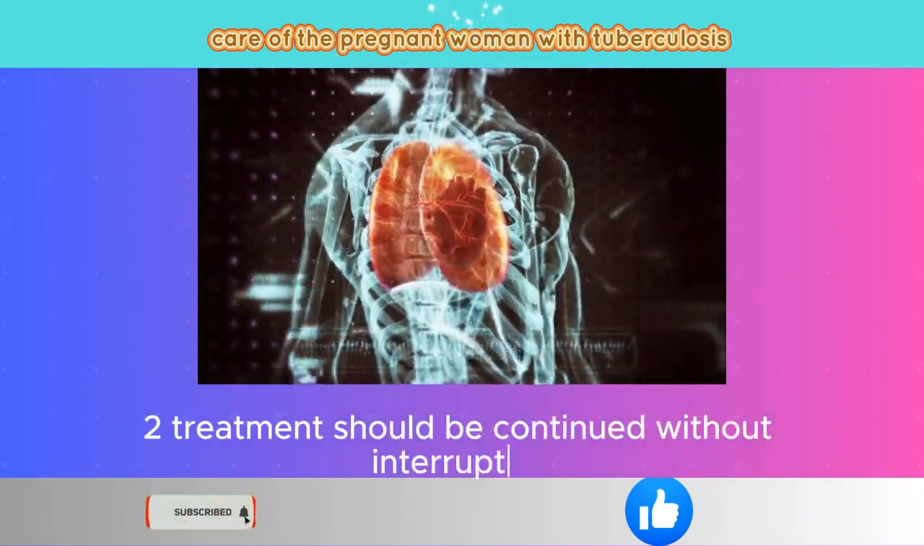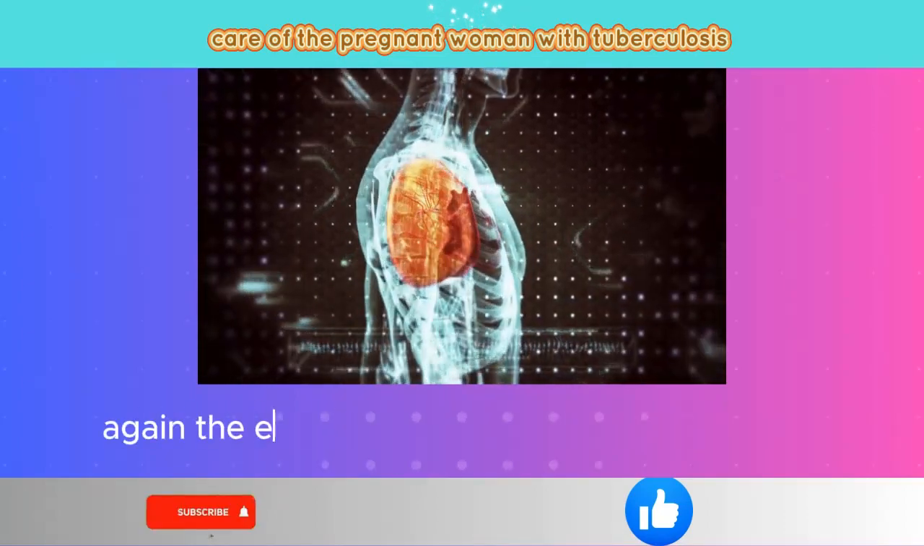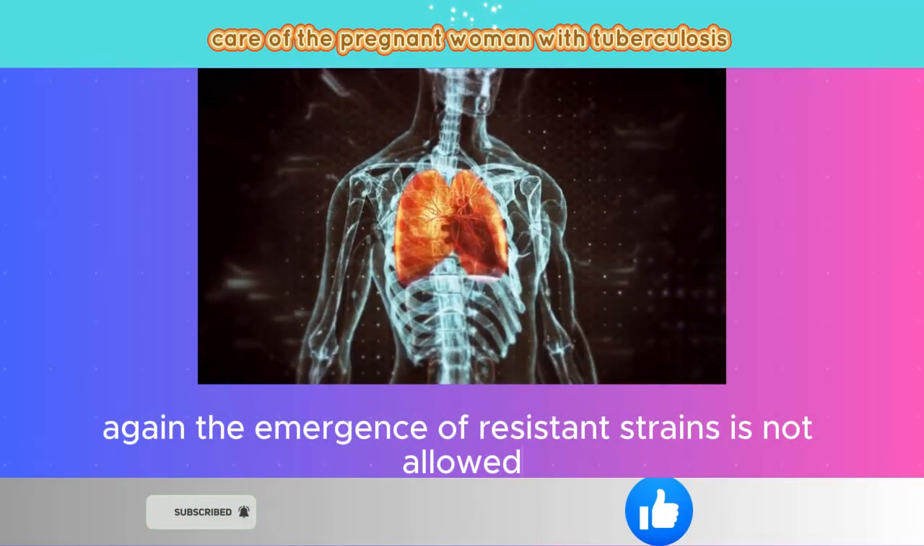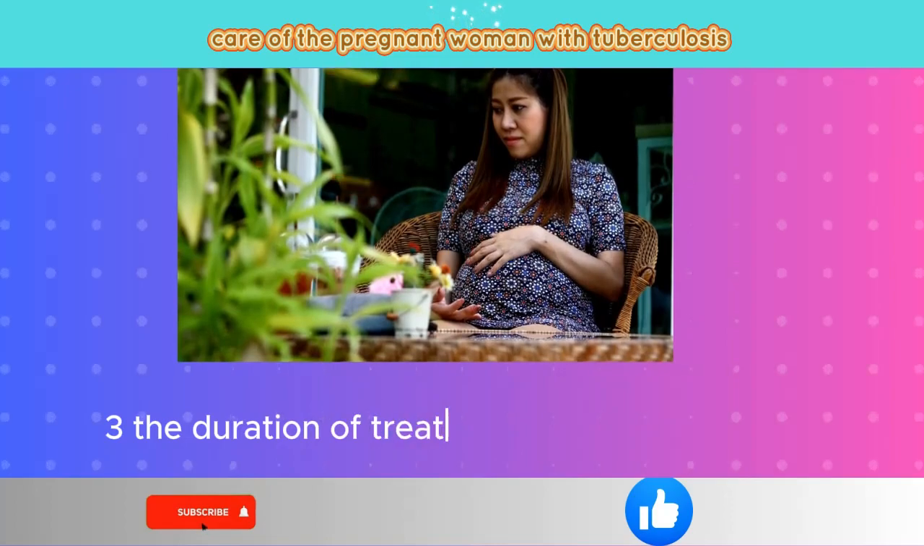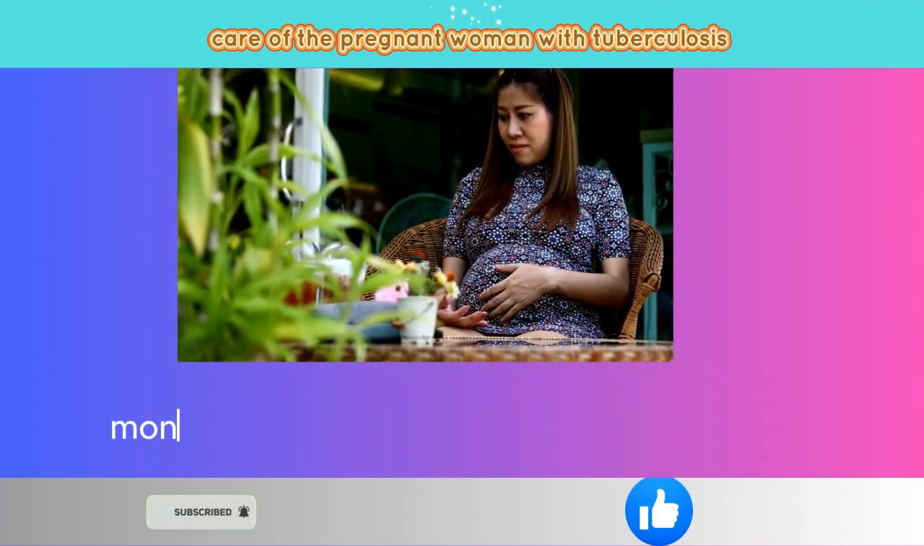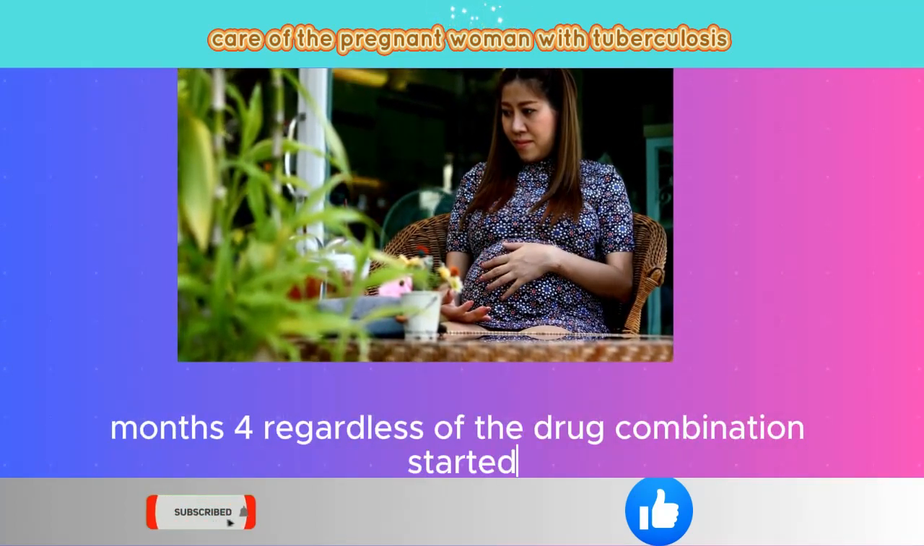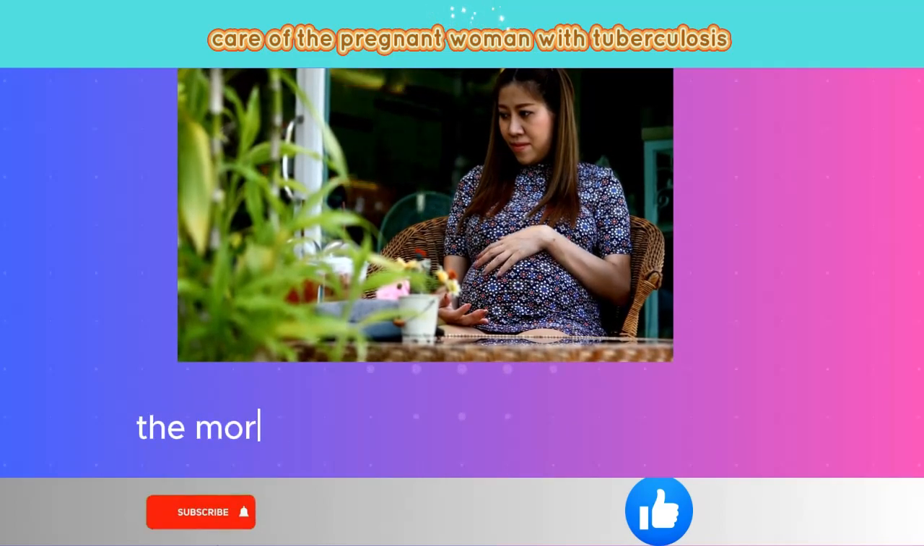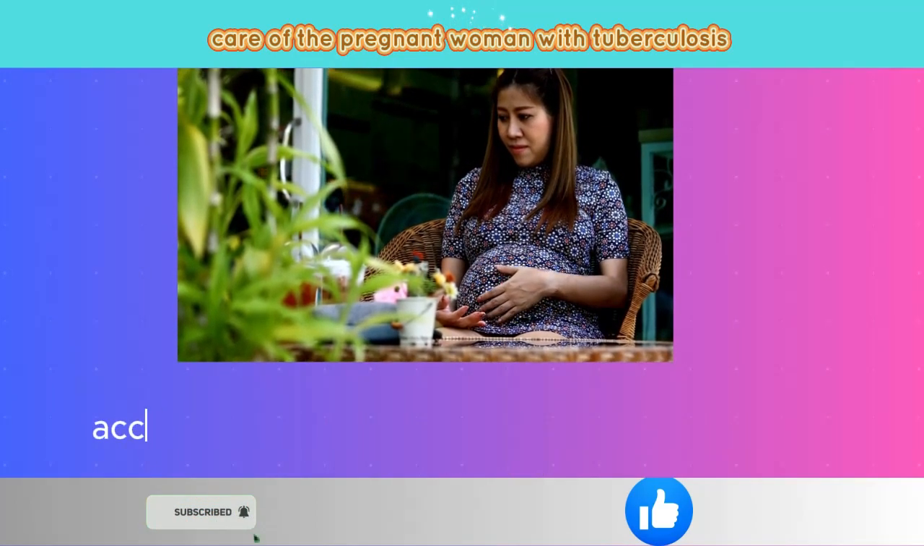Treatment should be continued without interruption. Again, the emergence of resistant strains is not allowed. 3. The duration of treatment should not be less than 18 months. 4. Regardless of the drug combination started, the more effective combination should be switched to according to the results of